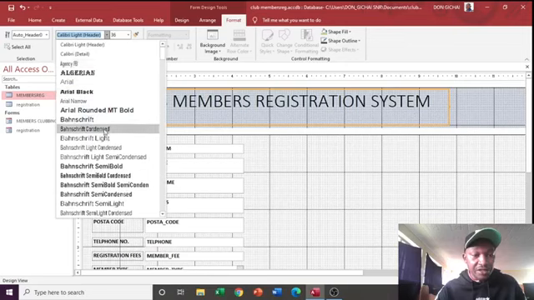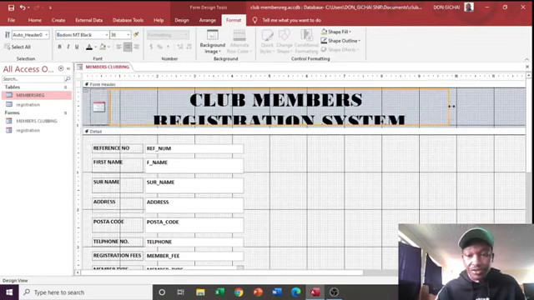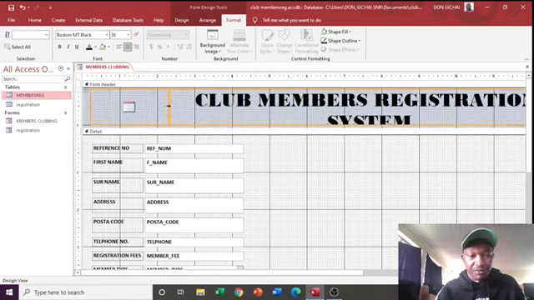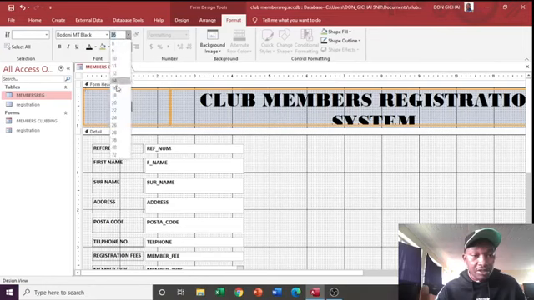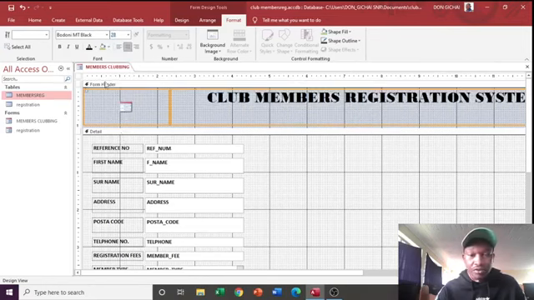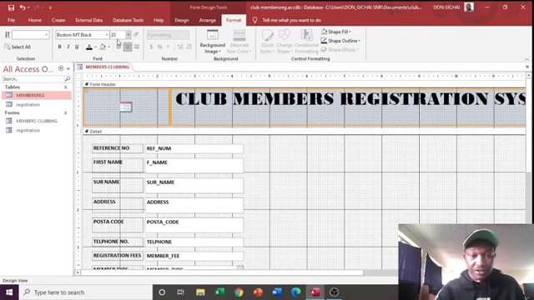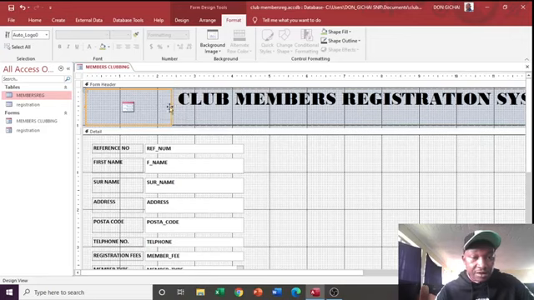You can change the font size or font style to the one you need. So that's what we need, member registration system. Just have this one as good font, can have 33, good. And then once you have done that one,